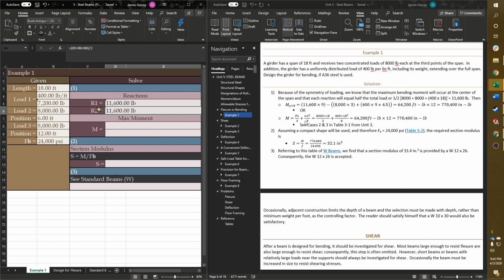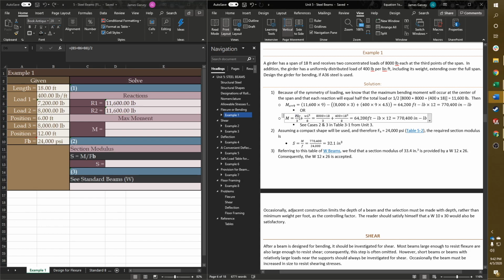Another way to go about it is I took cases 2 and 3 from table 3.1 from unit 3 and then added them together. So this is the formula when you have 2 equally distributed concentrated loads, and this is the formula for when you have just a distributed load on there. So if I plug that in here,